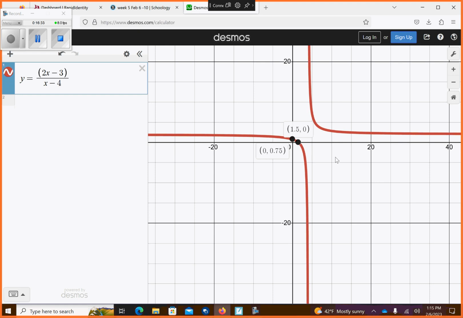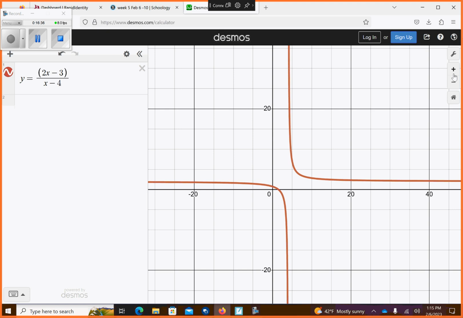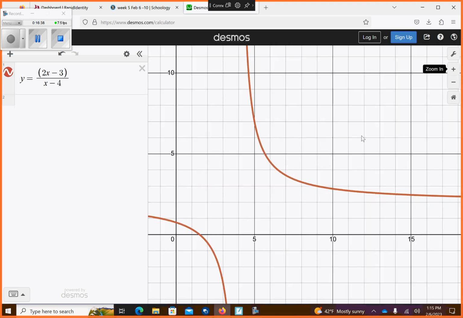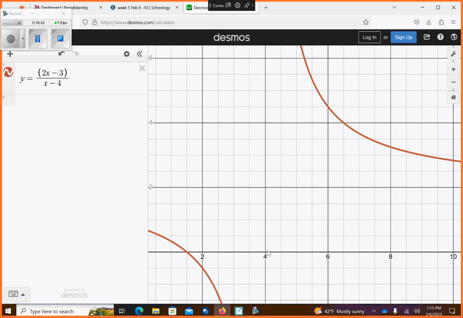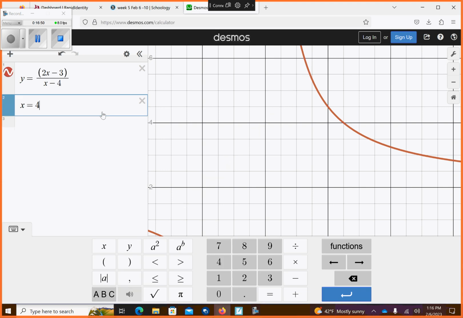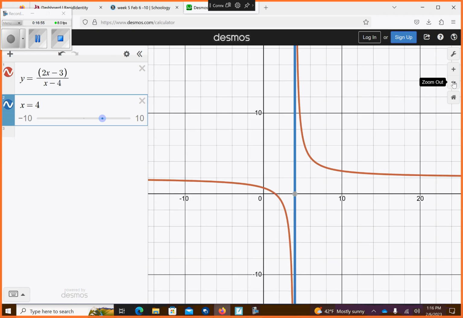And then it appears, if I zoom in a little bit, it appears that 4 is my vertical asymptote, so x equals 4. So if I typed in x equals 4, it's that vertical line right there, the blue one. So that is definitely your asymptote. So it's whatever makes the denominator equal to 0. And then it says, down below, as x goes to infinity, so as I go out forever that way,